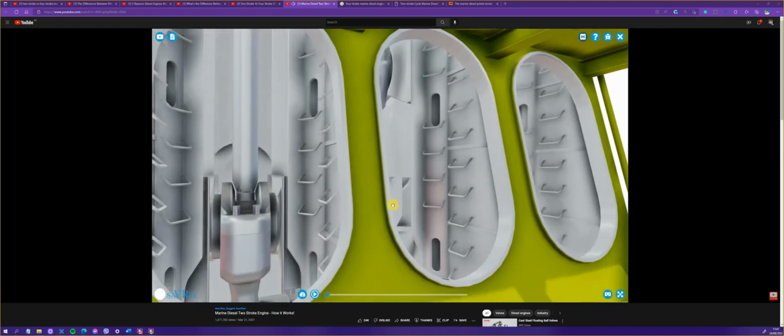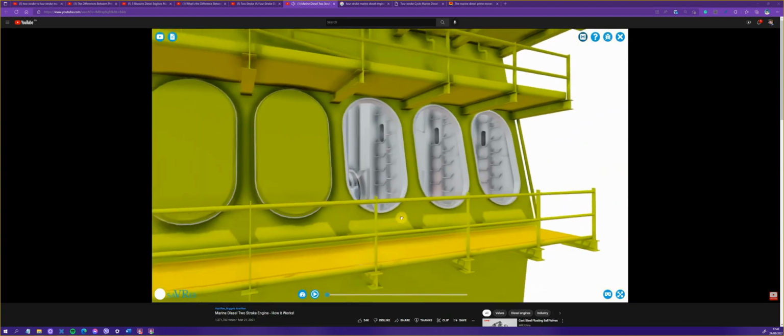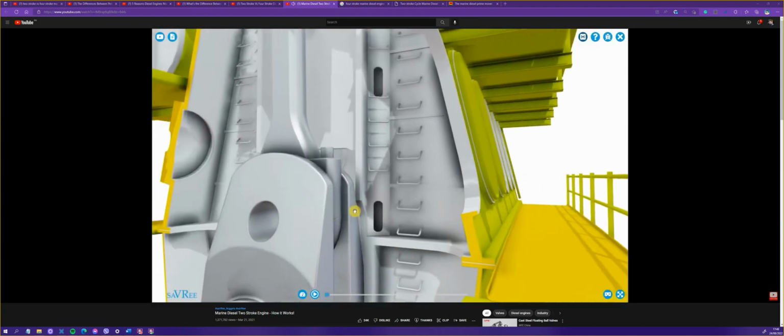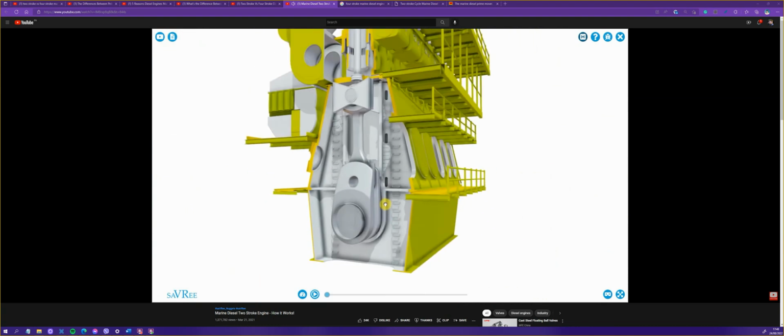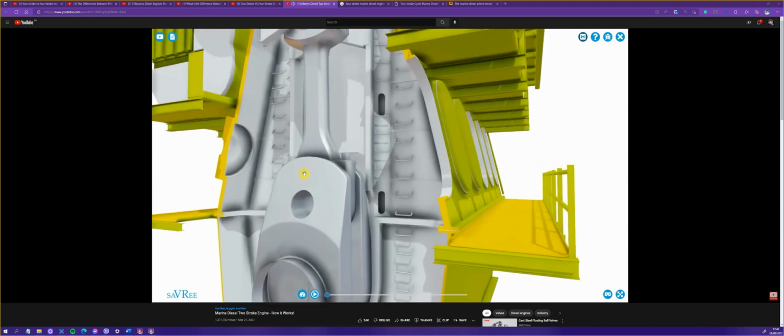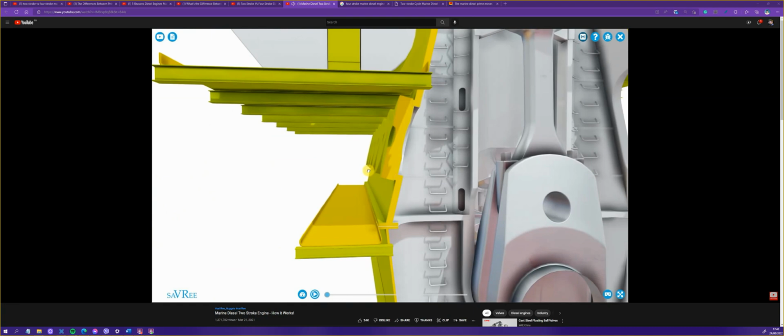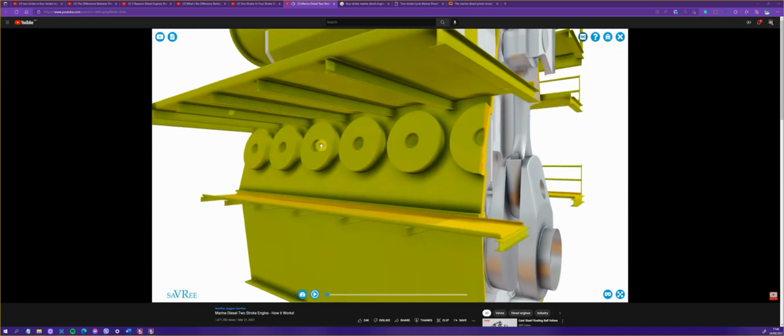So to try and stop this occurring, you'll constantly sample the air within the crankcase, and if the oil vapor level becomes too high, if there's a bit too much oil suspended in the air, then you'll get an alarm and you can slow the engine down or even shut the engine down. If for any reason that doesn't occur and you do have an explosion, at least you have these pressure relief valves or pressure relief devices on the side of the engine,